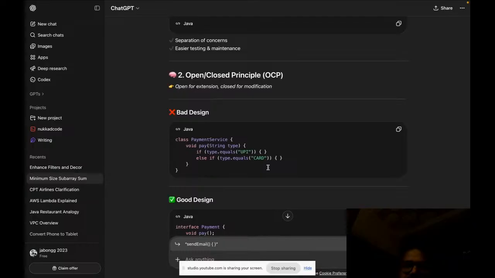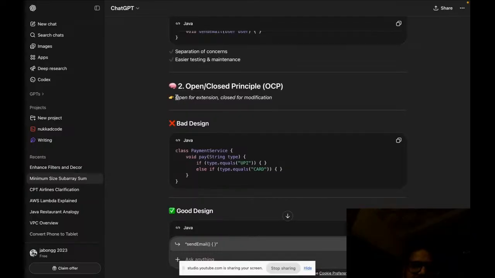And when we move to the next principle, it says open for extension and closed for modification. Open is for extension and closed is for modification. So a class should be extensible. Look at the example here. We have a payment service with a pay method taking a string type, and it checks if type equals UPI, do some UPI related payment, else if type equals card, then